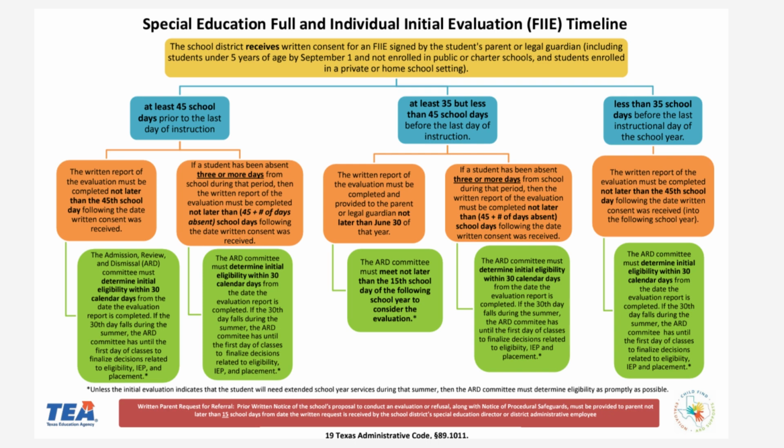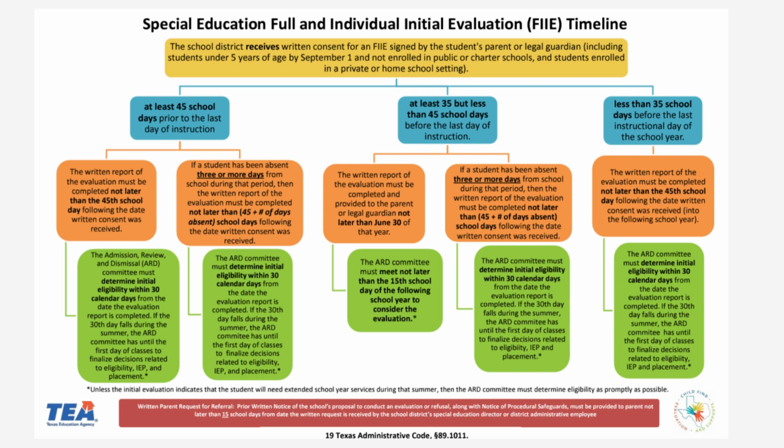the written report of the evaluation must be completed and provided to the parent or legal guardian no later than June 30 of that year. The ARD committee must meet no later than the 15th school day of the following school year to consider the evaluation. If a student has been absent 3 or more days from school during that period, then the written report of the evaluation must be completed no later than 45 plus the number of the absent school days following the day written